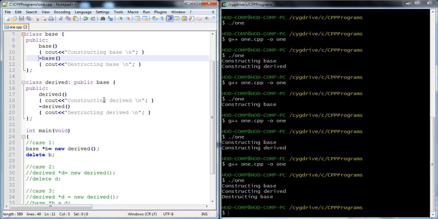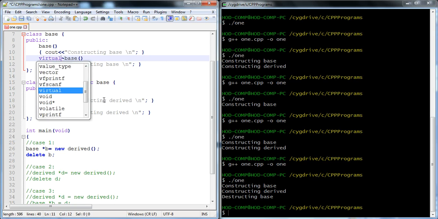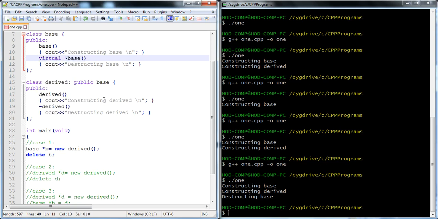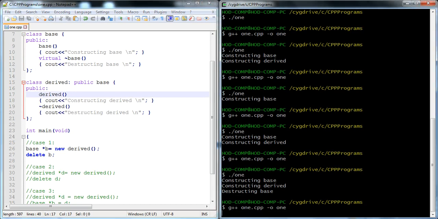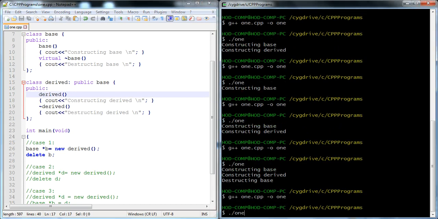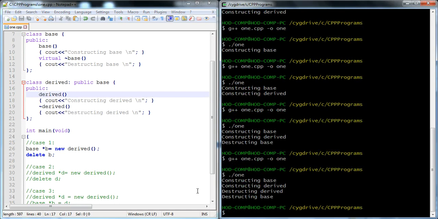If we mention virtual on the base class destructor, then what will be the output? It calls both the derived class destructor and the base class destructor.